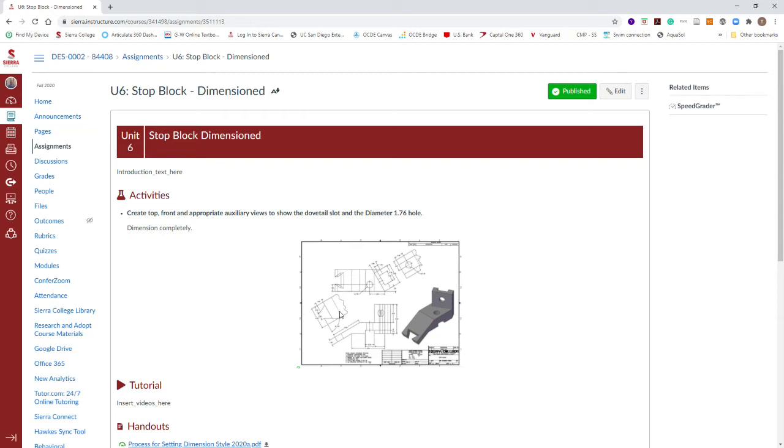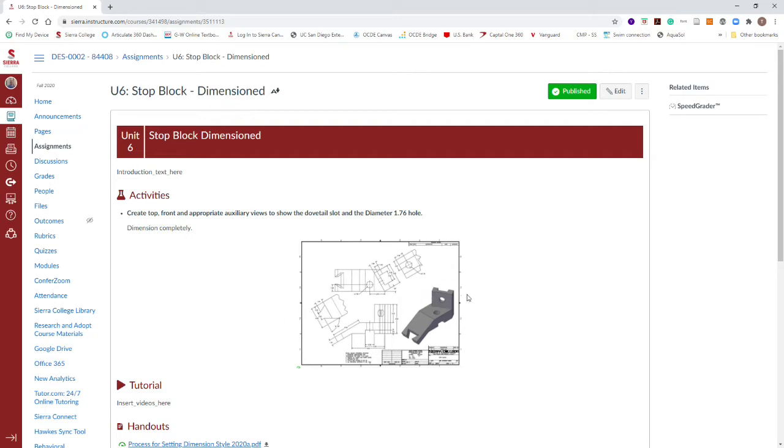And you can elect to do your auxiliary views as they've shown, which is a full auxiliary view with a broken out line with hidden lines. Or you can elect to do just the plane that's being clarified, and that's the route I'm going to take, where we may still have a breakout section on it, but I won't be displaying all the hidden lines that are in the plane of viewing for the two auxiliary views.